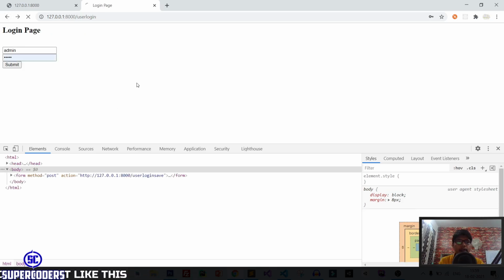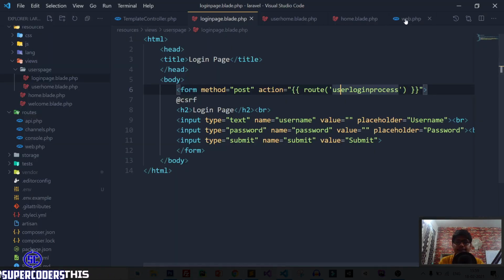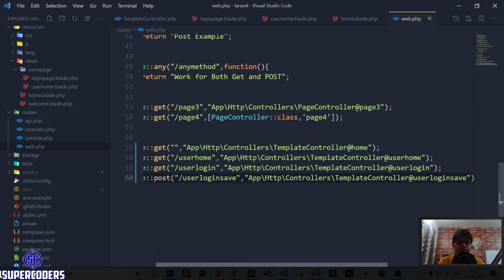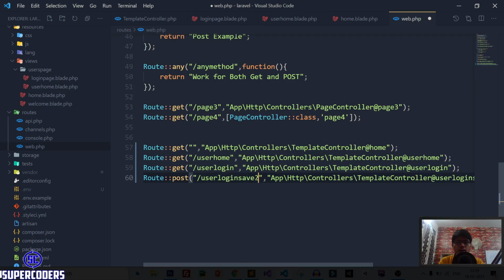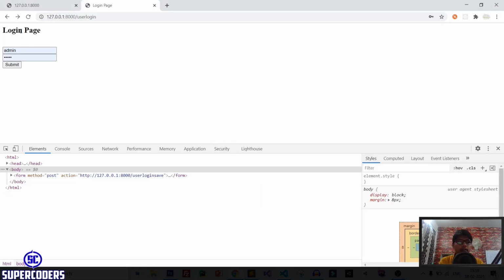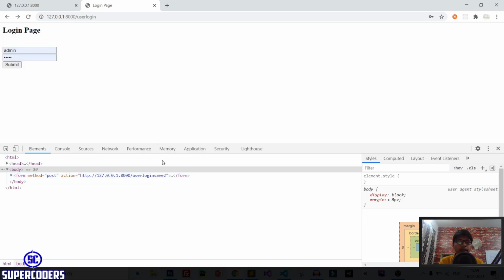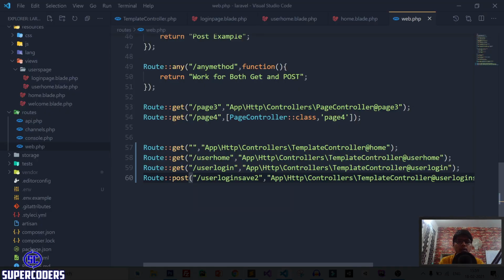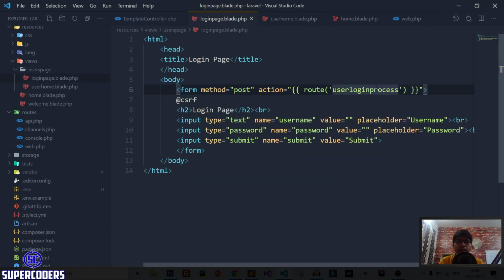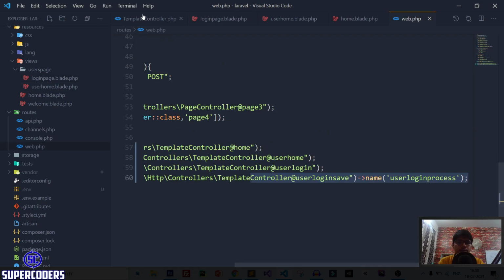But now if I change the URL here, change it to again 2 and save it, then refresh this page and you can see it's get updated. So you don't need to change again URL here.